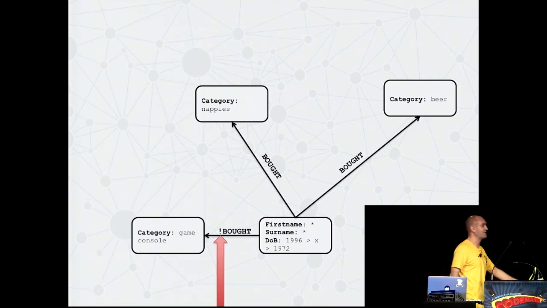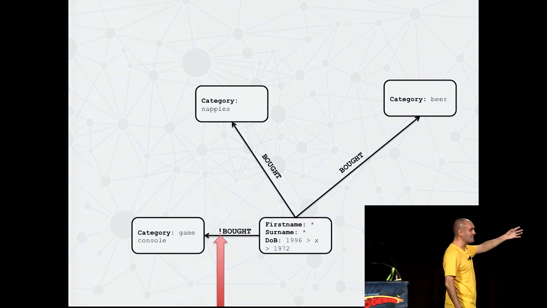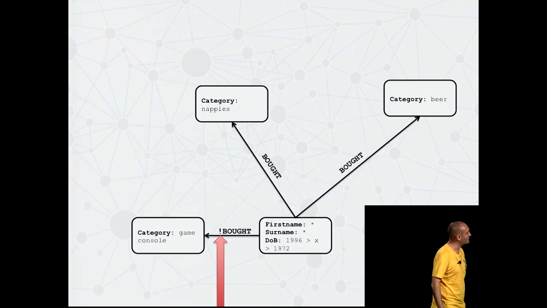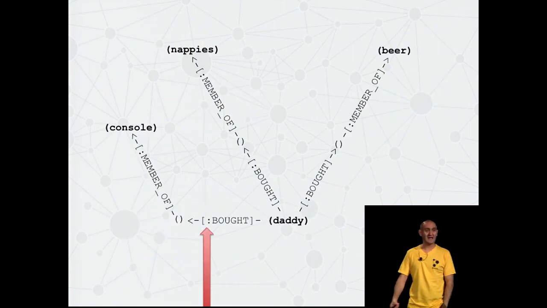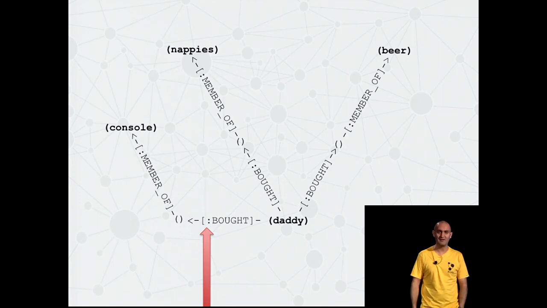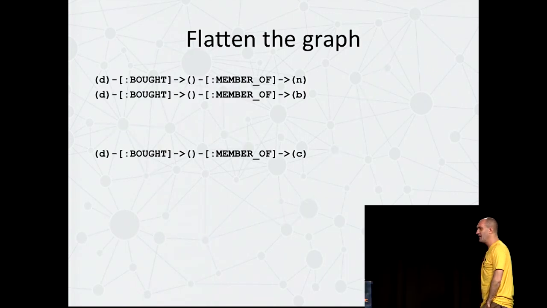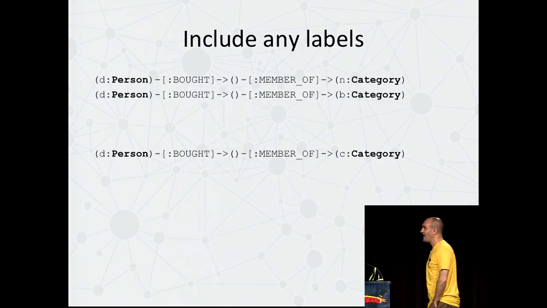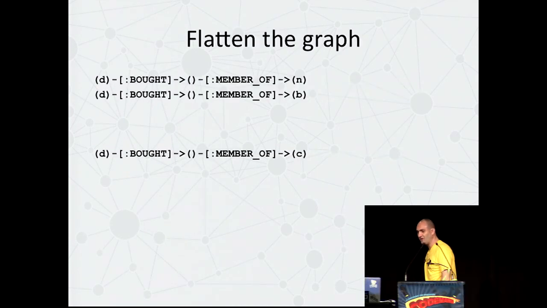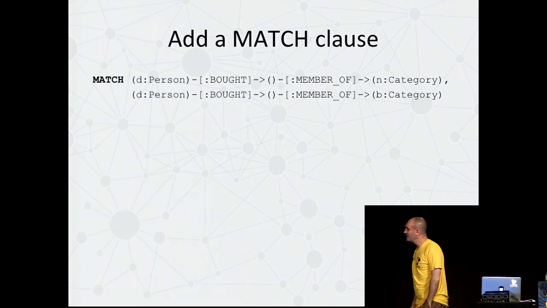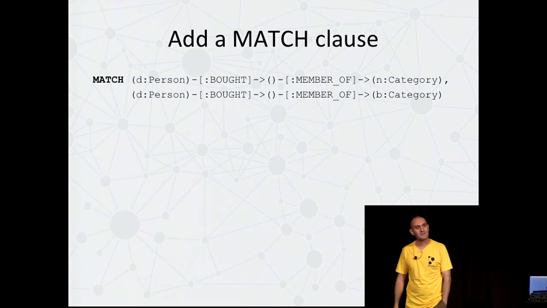So how are we going to solve this? We've got this idea that we want to look for this pattern, but what do we do next? Well, in Neo4j, you would simply turn that PowerPoint graph into an ASCII art graph. It's exactly the same, just that I wrote it in ASCII art rather than in PowerPoint. It's a bit of a weird thing to do, Jim. Well, yeah, unless you then realize that if you flatten this out and add the keyword, and then start to embellish, what you get is actually legal Neo4j query syntax.